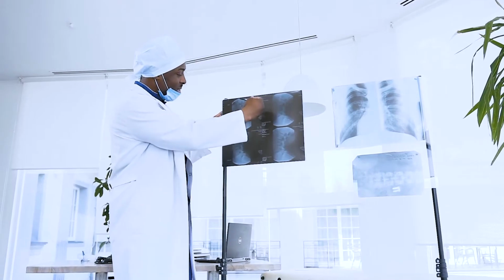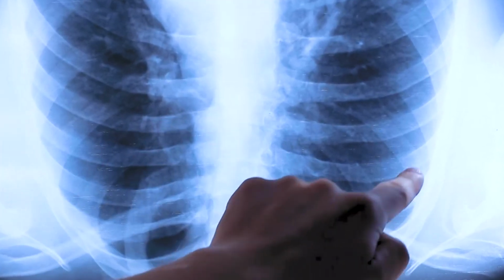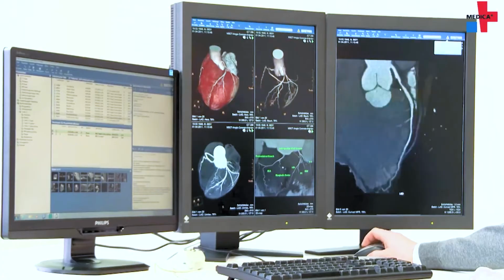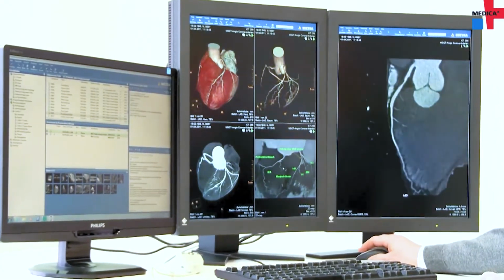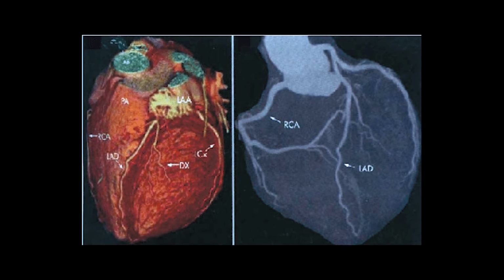Is it a test without risk? It is simple, it's non-invasive, but there is obviously more exposure to some radiation. But the radiation dose involved is low, unlike a full cardiac CT angiogram, where in addition to doing a calcium score, a contrast is injected and a full 3D scan is done looking at heart arteries. That gives us more information, obviously. But the CT angiogram, which is different from the calcium score, involves injection of dye and a slightly longer procedure as to take a 3D image of the heart.